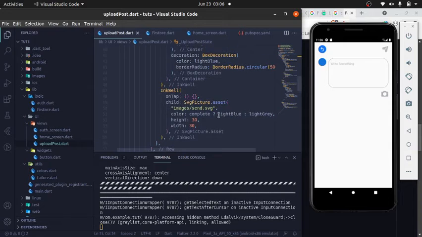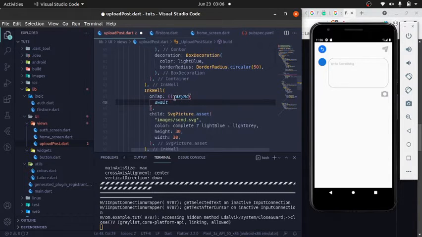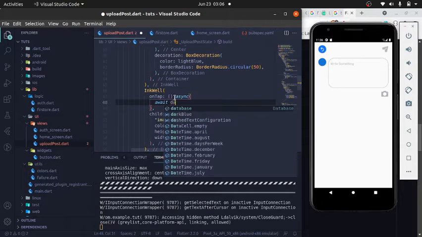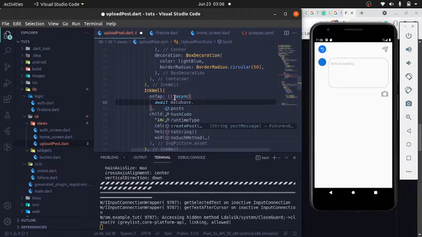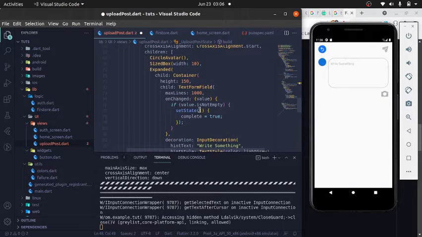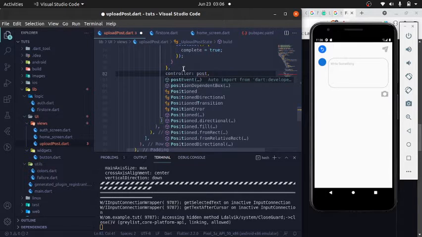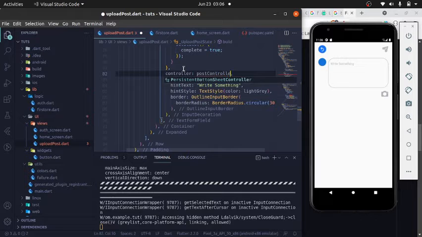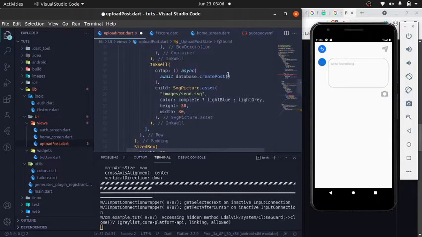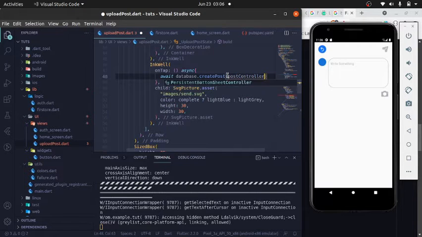So we have this function here, or make it asynchronous. It's going to await, and we are essentially going to do database dot create post, and we are going to just pass in. Okay, so we need to create our controller. So controller, it should be posts controller. So here is going to be post controller dot text, posts controller dot text,